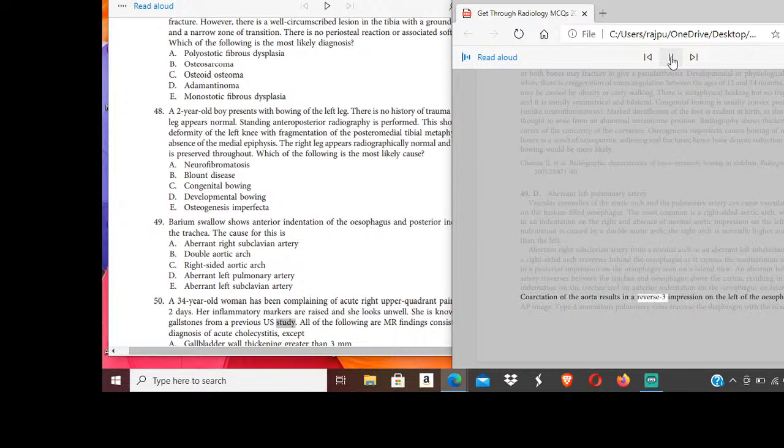Coarctation of the aorta results in a reverse 3 impression on the left of the esophagus on an AP image. Type 3 anomalous pulmonary veins traverse the diaphragm with the esophagus and